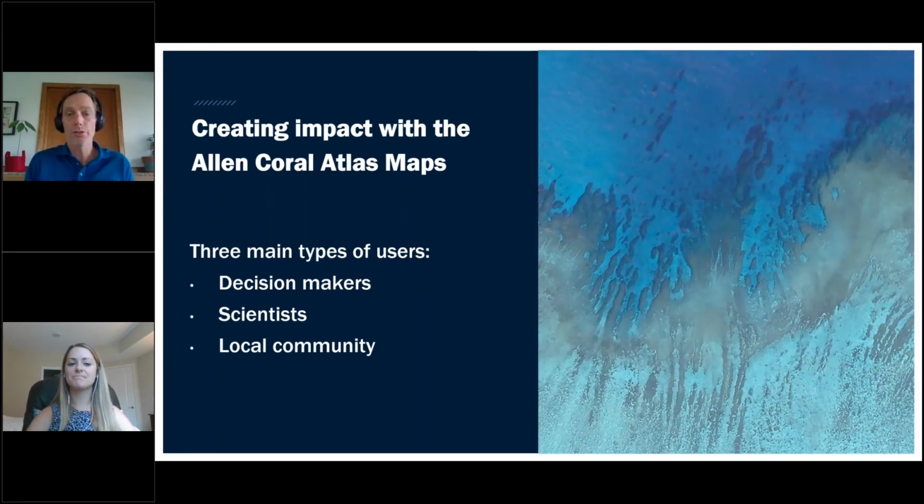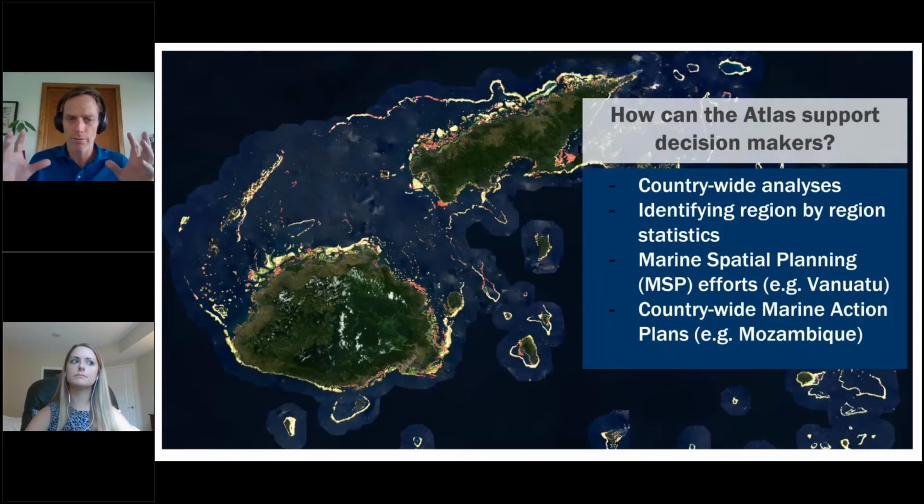So the users that we focused building the atlas on, we focused on decision makers, scientists, and local community members. If we grouped these folks together and then thought about their use cases, how they're doing their work today, and how the atlas might help them do their work in the future once they have maps and monitoring, that's how we predicted it. So for the decision maker, what we thought about was these folks and maybe the technical people that they're working with would need